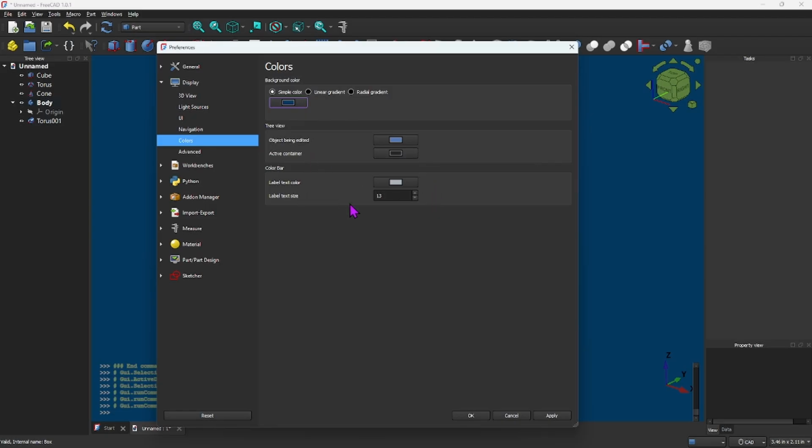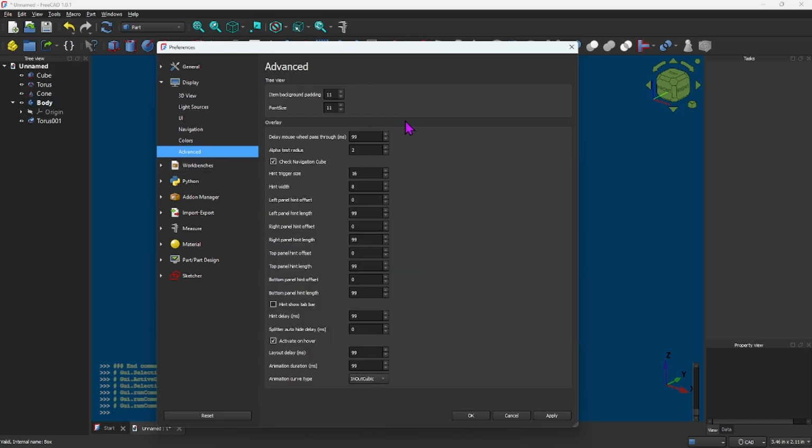The other ones here, I really don't mess with that much. I don't have a need to, so I'll leave it like it is. And under advanced, I'm pretty sure I don't change anything there. Font sizes in the tree view over here, I'm good with that. Overlay, I'm not 100% sure on what every single one of these are, but